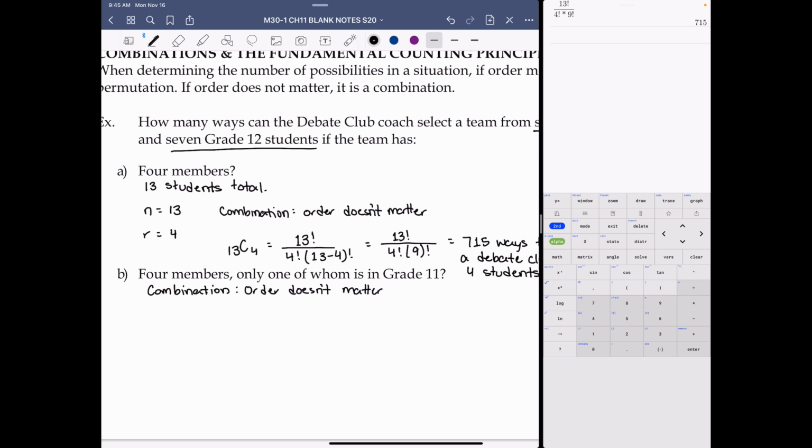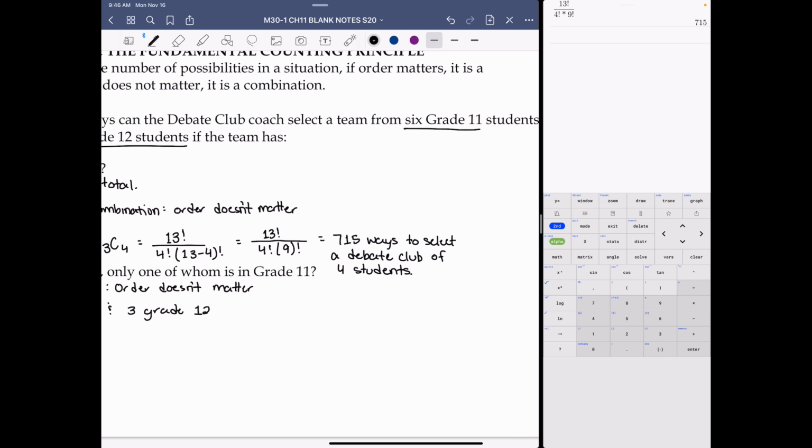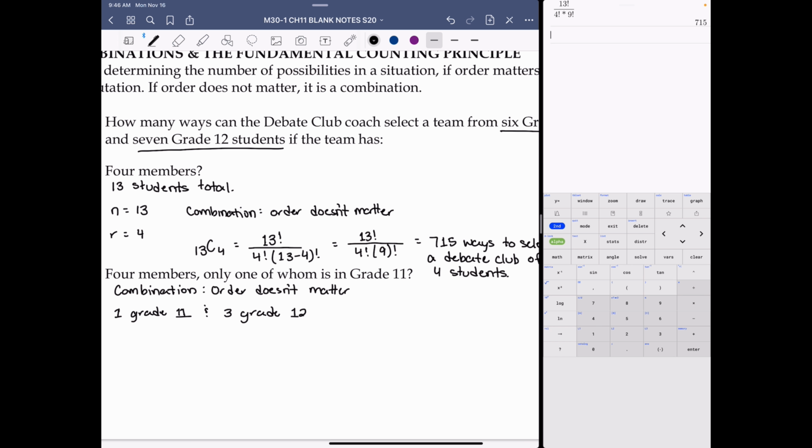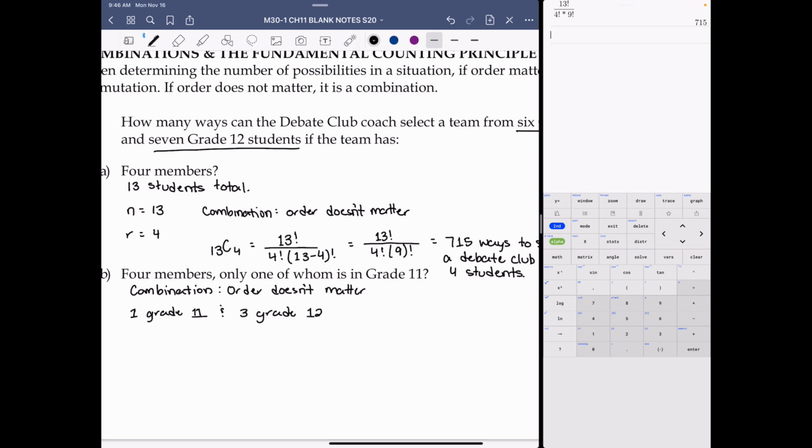We want one student to be in grade 11 and the remaining students to be in grade 12. There's 4 members total, so we would have 3 grade 12. So then we need to select one grade 11 from the number of grade 11s that we have, which was 6 grade 11s. So we're choosing one grade 11 from a group of 6, so